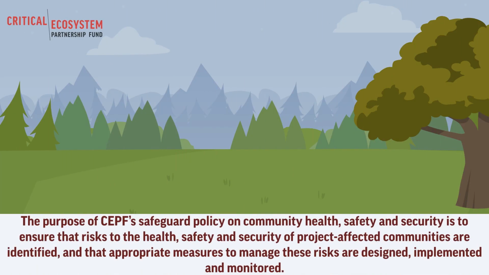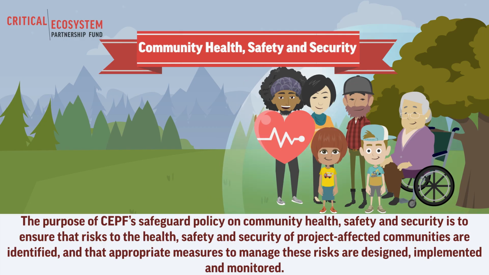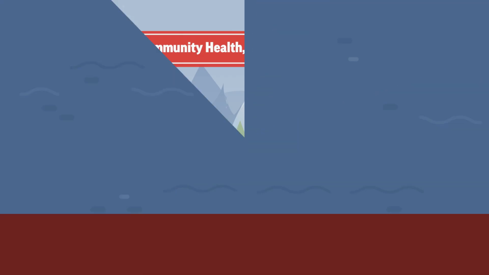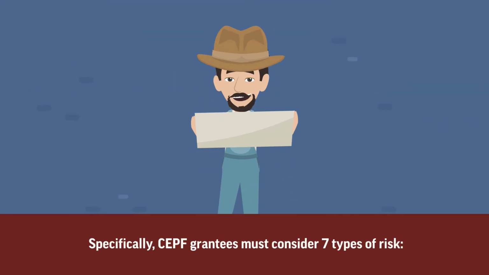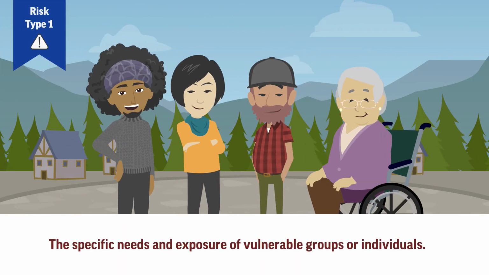The purpose of CEPF's safeguard policy on community health, safety, and security is to ensure that risks to the health, safety, and security of project-affected communities are identified, and that appropriate measures to manage these risks are designed, implemented, and monitored. Specifically, CEPF grantees must consider 7 types of risk: the specific needs and exposure of vulnerable groups or individuals,